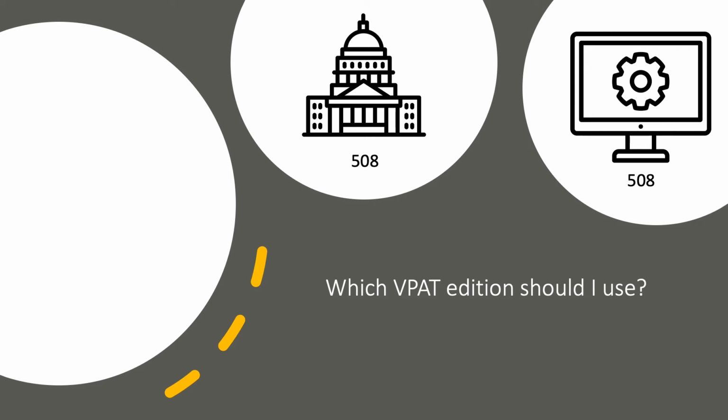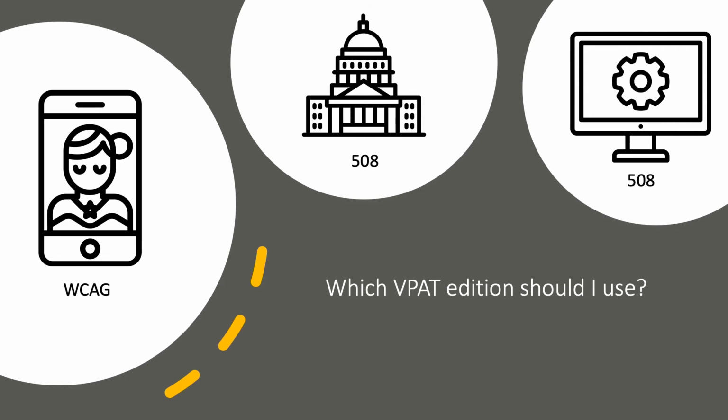How important is mobile to your customers? Market sectors such as higher education have a particular interest in mobile web and mobile app accessibility since students rely heavily on mobile devices. These customers will likely ask for the VPAT WCAG edition and request conformance reporting to the WCAG 2.1 Level AA guidelines. Do you sell internationally? Companies that sell internationally may prefer to use the INT edition because it includes all 3 main international standards in a single template.